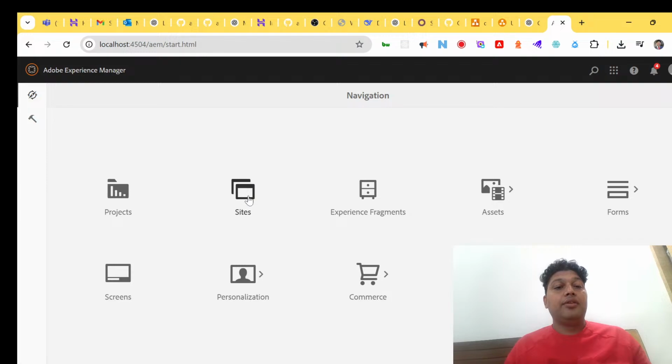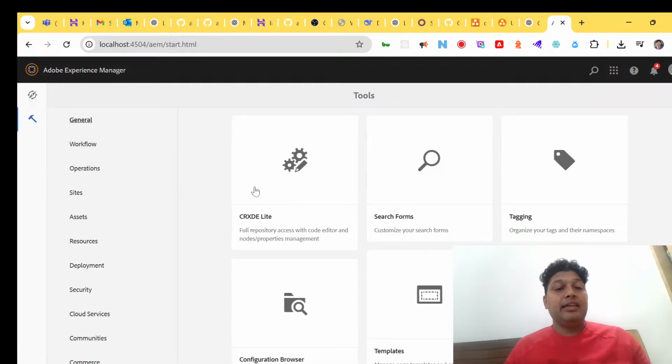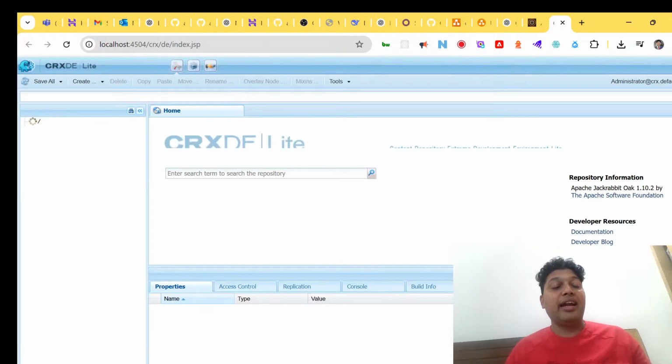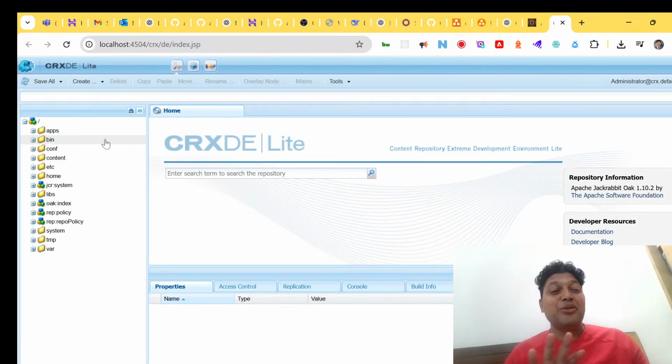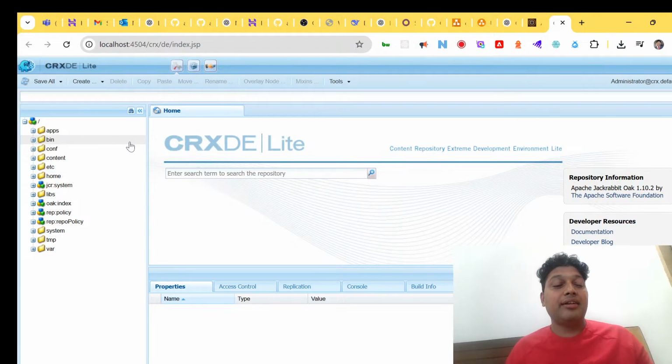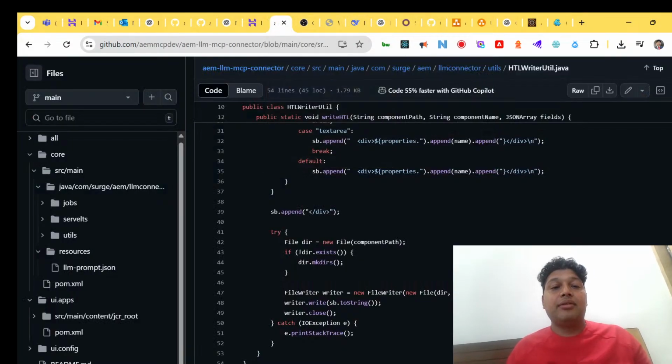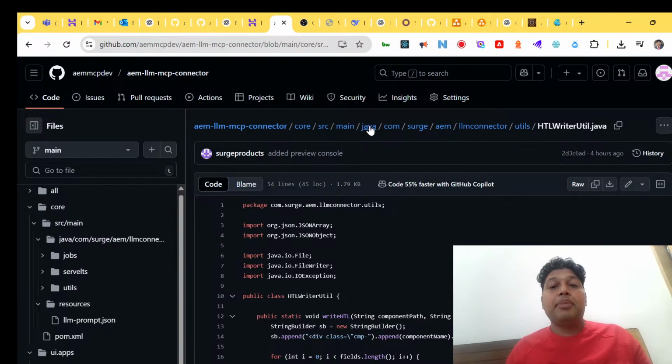So you don't need to go to CRXDE, right click, create component, add dialog, add field, and all of that. No, those days are gone. With AI, we don't need to do all of that. This connector we have built for at least 20 components. We are planning to release it as a package, as a connector with AEM. You can download the connector from the code base, compile and deploy as